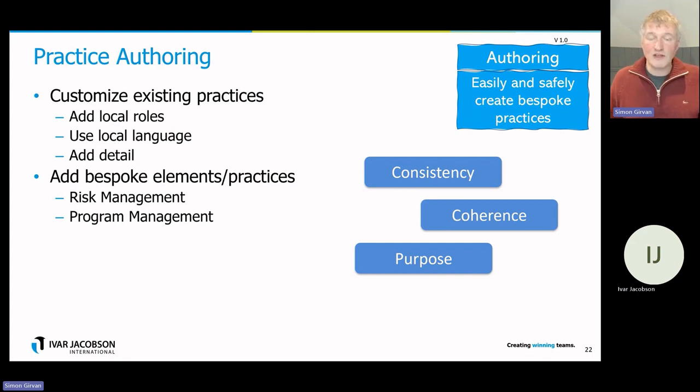And that coherence bit's about the connection between the elements. Essence has got semantics, things have meaning, and you have associations between different bits of your practice, and you make sure you know why they are there. So it gives you purpose and clarity. So even if you got what you think is an existing way of working, Essence can help make that better.